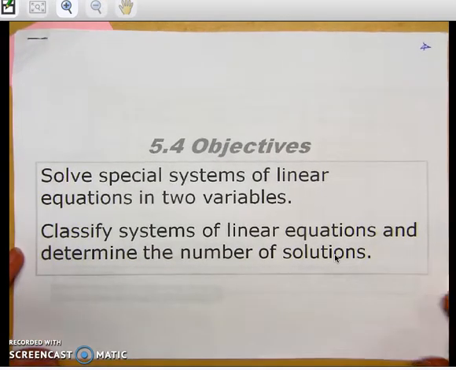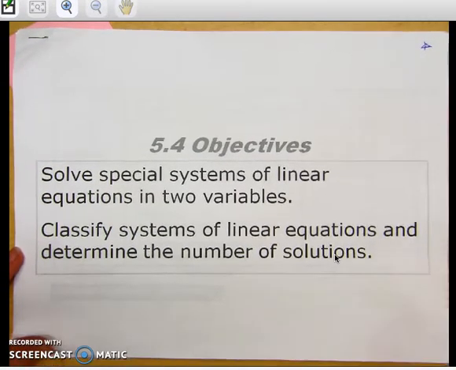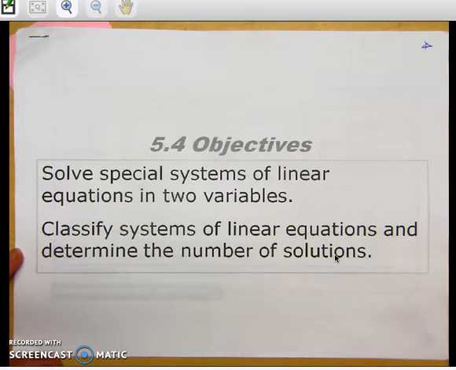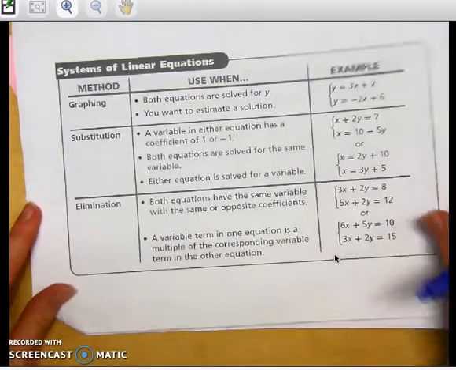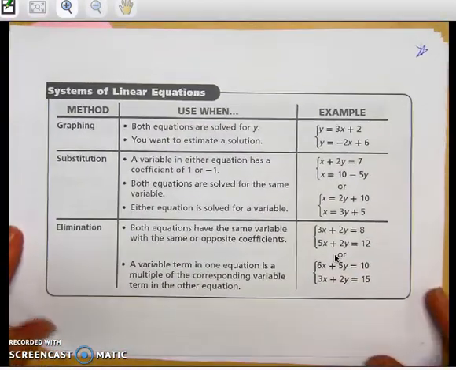But today we're going to be working on solving special systems of linear equations. They're special because they have a special number of solutions. So let's get started. First of all, just to review, we learned 3 different methods before break of solving different